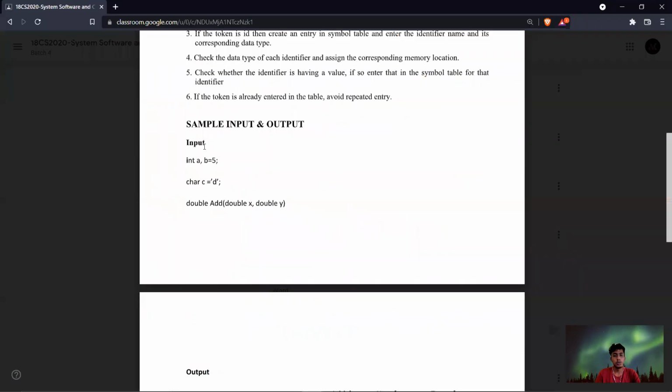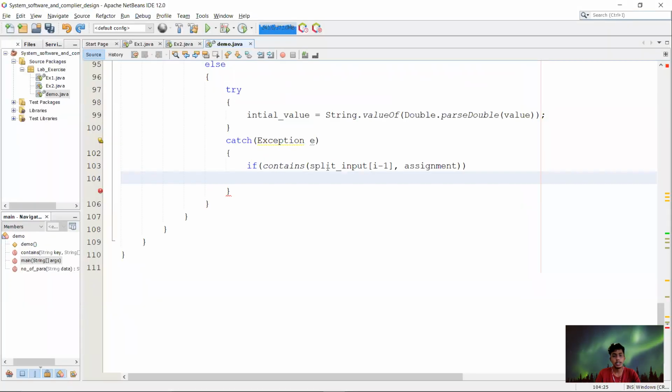there are two cases. One is that it is a value of char. Another is that it is a variable. If it is a char, that is a value. So what is the condition? It means checking whether the values before the equal sign contain an assignment operator or not. So I'm going to pass the split of i minus 1 into a contains check, and I'm checking whether the equal sign is in the assignment. If it is, it will return true.